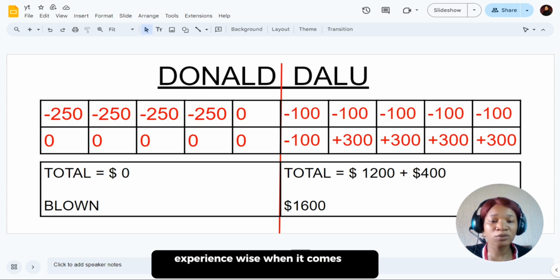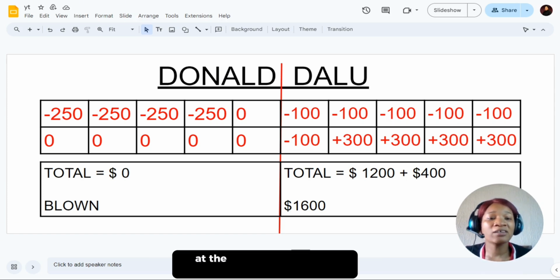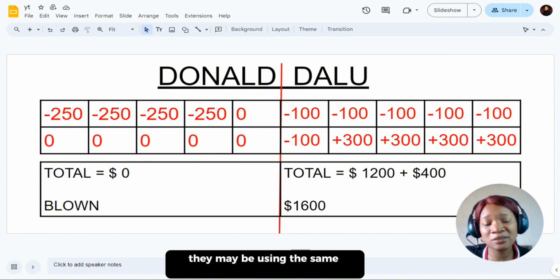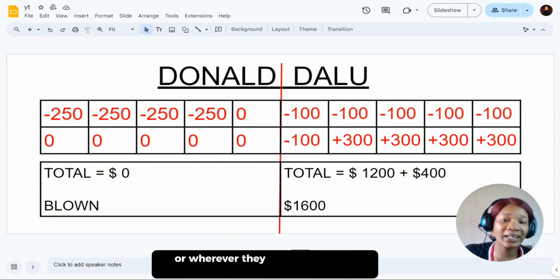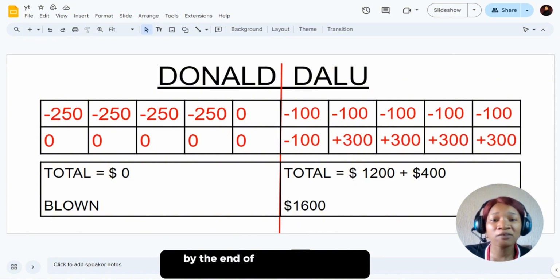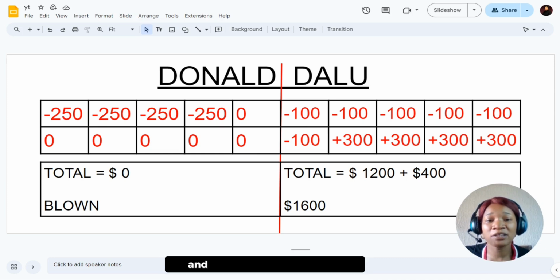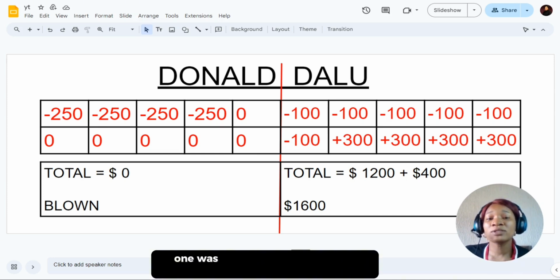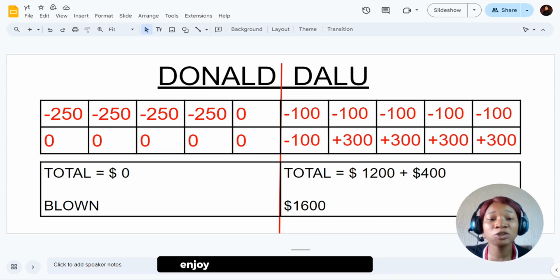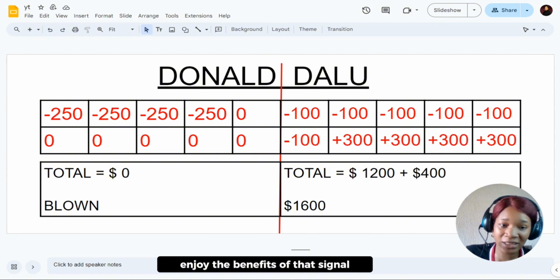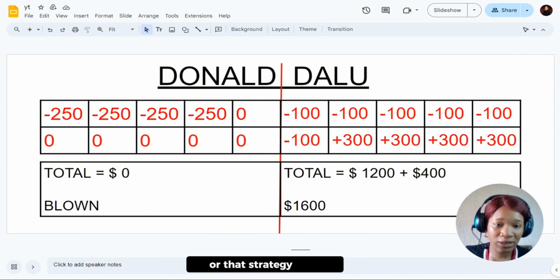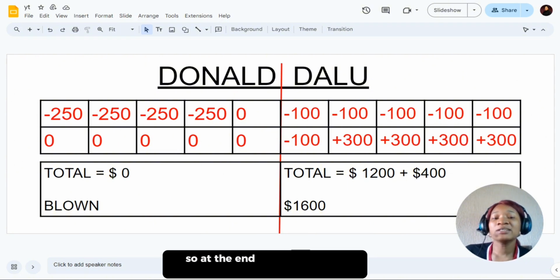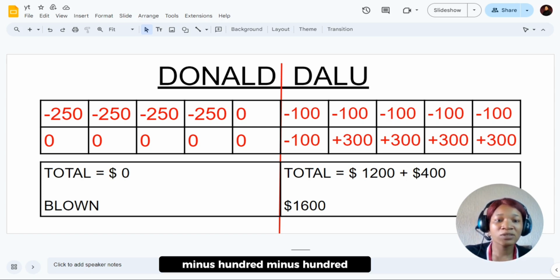Experience wise when it comes to trading. At the end of the day, they may be using the same strategy or the same signal, or wherever they are getting their trades from. But because one trader is aggressive and the other is conservative, one was able to stay long enough to enjoy the benefits of that signal or that strategy. So at the end of the day, she's getting minus 100, minus 100, minus 100, minus 100,